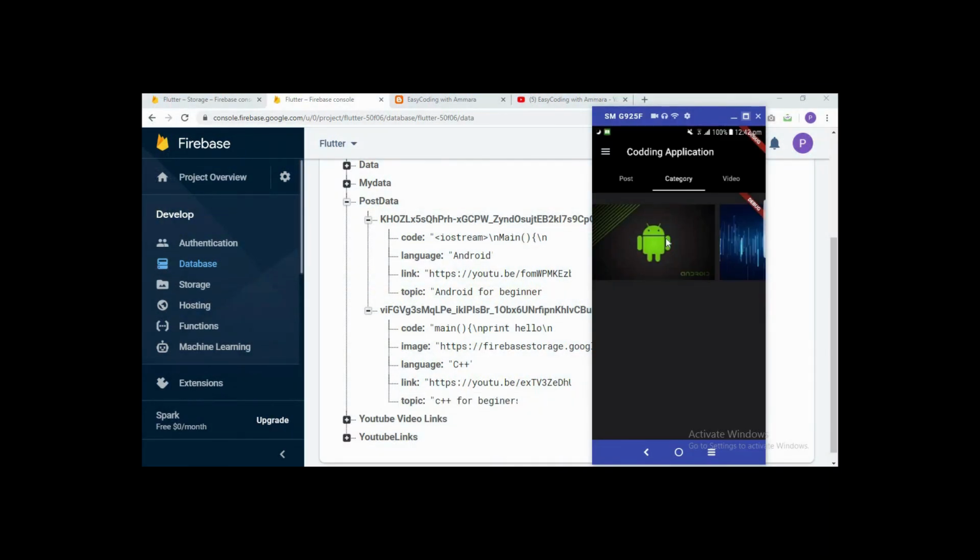So let's click on Android, and you can see Android for beginners, the topic coming from here. And after that, if I click on C++, you can see C++ for beginners and the topic comes from here. So here is a mistake: you can see that the image is not changing. Okay, so in the next video we will check this error and proceed further.